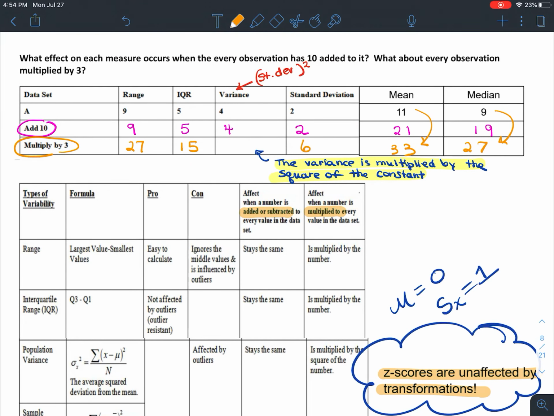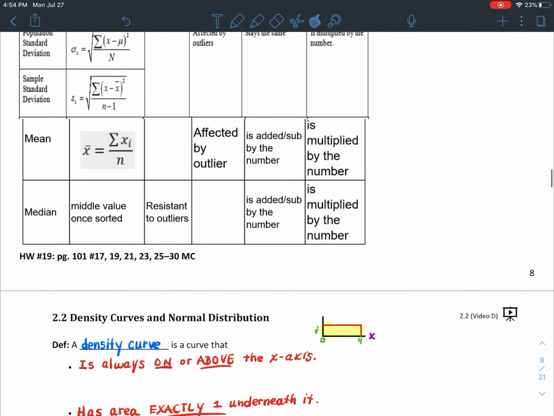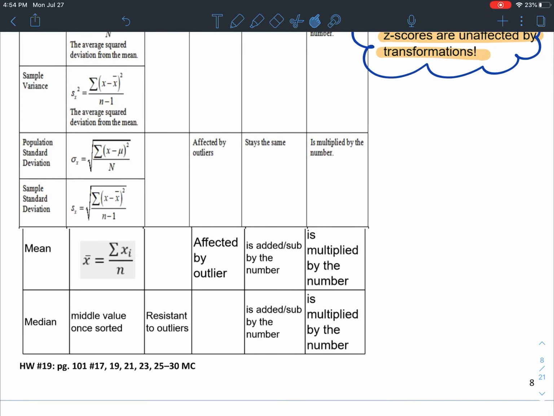The variance gets multiplied by 3 squared. Here's how I want you to think about this. If your standard deviation was 6, then to get the variance, you should square the 6. So this is the only time where you don't multiply by 3, but you multiply by 3 squared if you're changing the